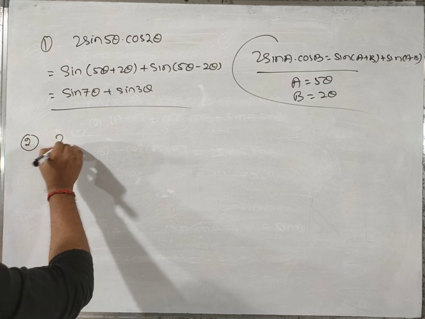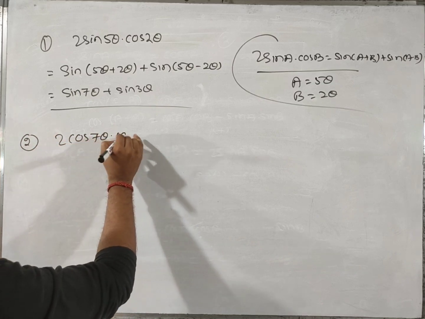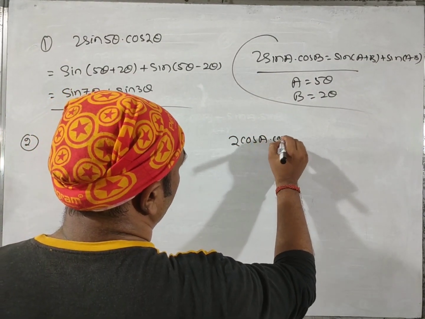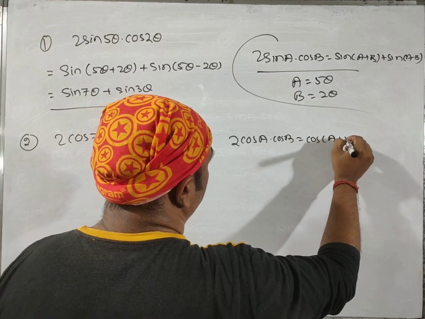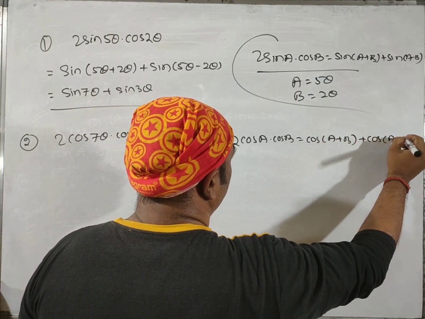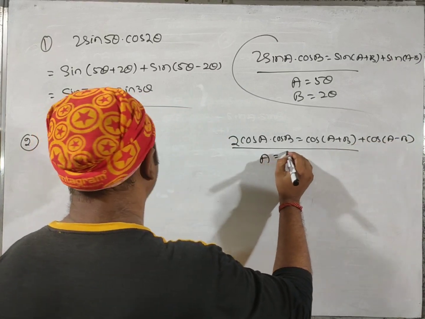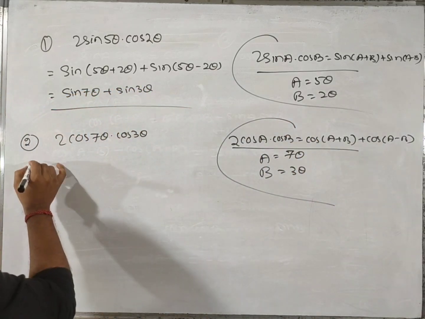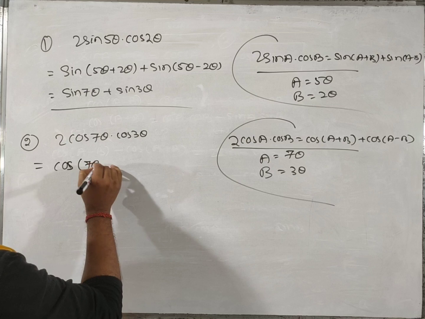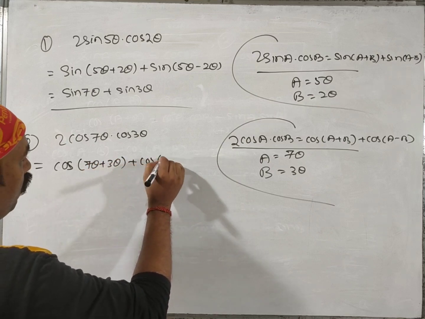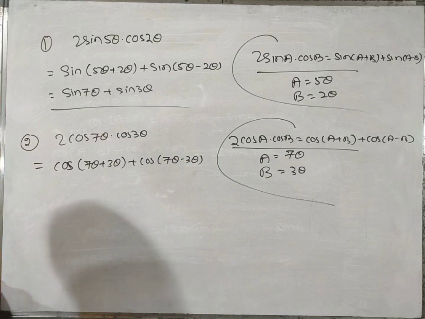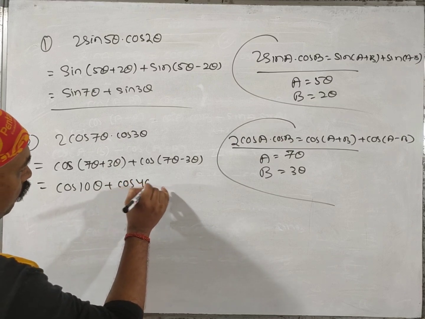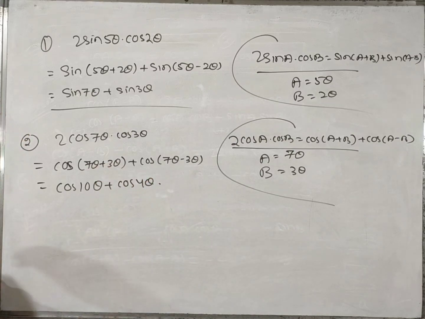Then another problem, 2 cos 7 theta into cos 3 theta. It is of the type 2 cos A into cos B, and it will be cos A plus B plus cos A minus B. A is equal to 7 theta and B is 3 theta. So it will be cos of 7 theta plus 3 theta plus cos of 7 theta minus 3 theta. Then it will be cos 10 theta plus cos 4 theta. Then another problem,